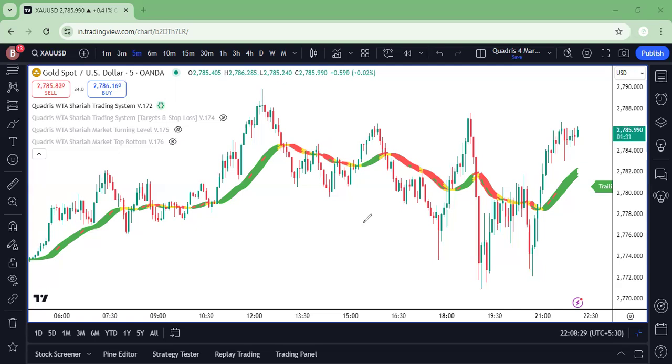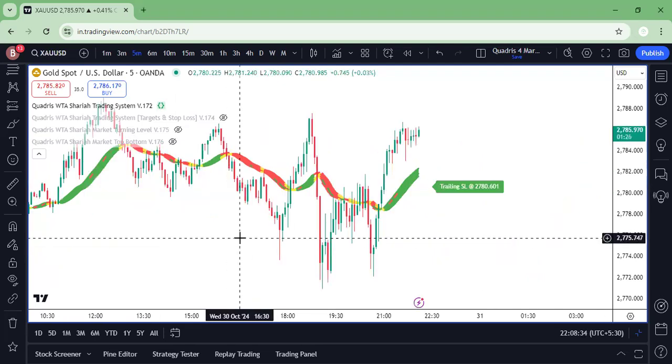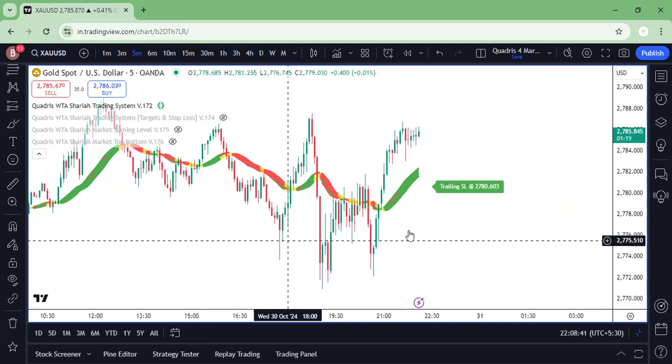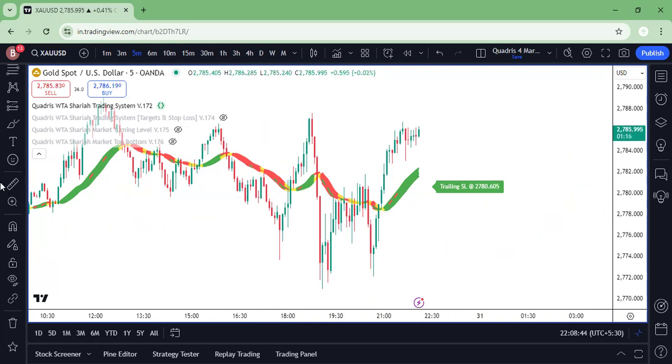There are many kinds of pullback trading systems out there in the market. I don't have anything against any other system, but if you want to follow Wyckoff, this is by far the best and fastest way to analyze the market in terms of the Wyckoff principle of demand and supply,